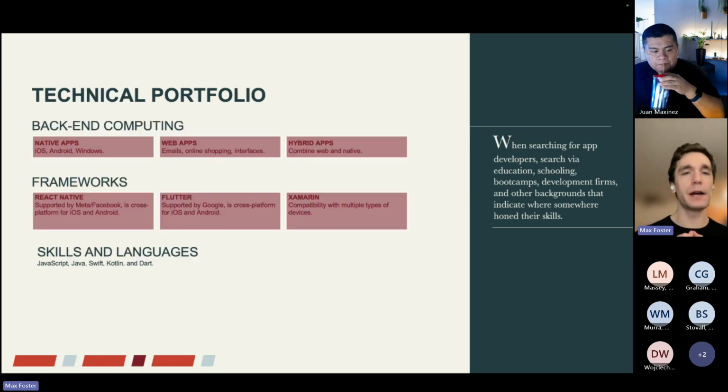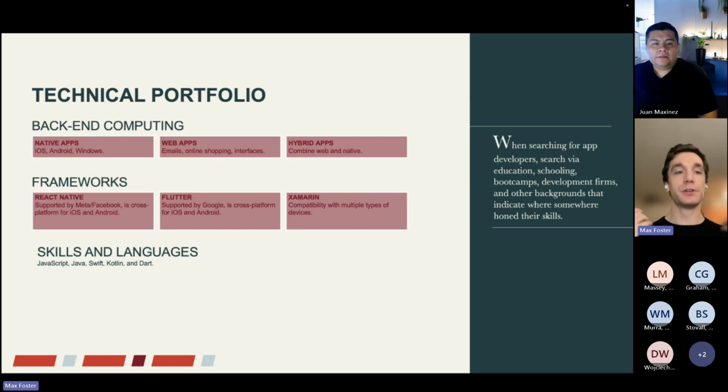Okay, moving on here, a little bit more technical jargon, and then we'll get into actually searching. So right, there's some backend computing. So there's native apps, web apps, hybrid apps. Essentially, if you're looking for a developer who programs for native apps, right? That's like actually building an app for your iPhone, actually building an app for your smartphone, like your Samsung Galaxy. That's building for a native app.